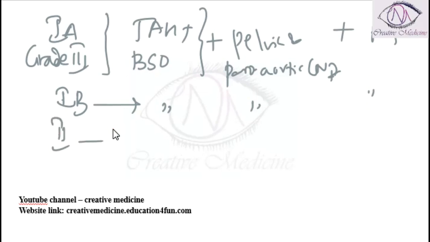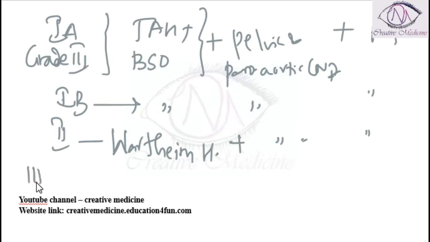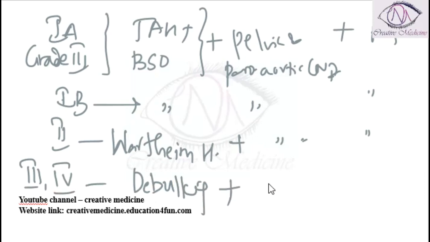Stage 2. In stage 2, we do Wertheim's hysterectomy, and pelvic and para-aortic lymph node dissection, followed by radiotherapy post-operatively. In stage 3 and stage 4, debulking surgery is done, and lymph node